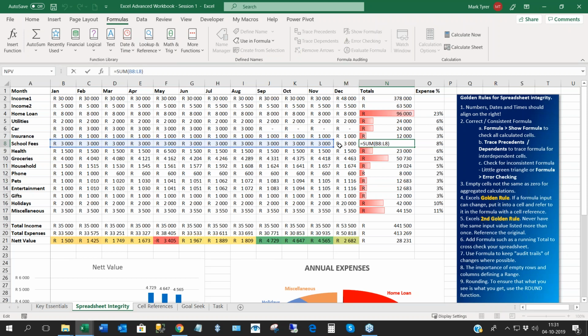So it's not including the December value. So this should actually extend through to December. So I've made the change and you can see my green triangle falls away. And so it is good to watch out for and clear green triangles if there's nothing wrong with them, so